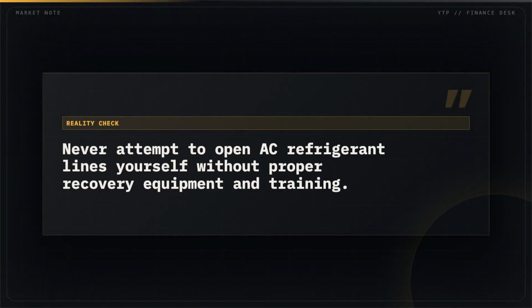A quick reminder, if you suspect a refrigerant leak, please leave that to the professionals to avoid environmental and safety